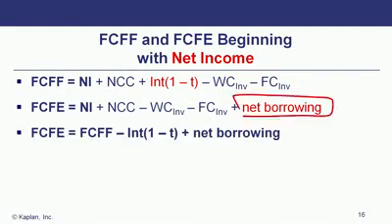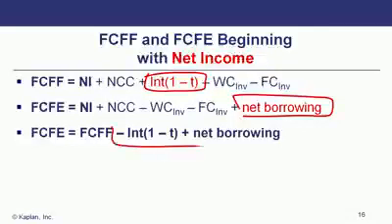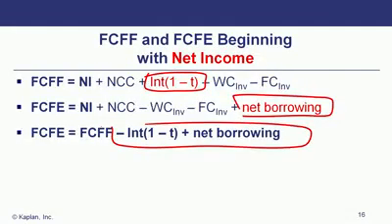Here are the two main differences between the two, if you notice. They essentially equal each other, except one adds back the interest, the other one adds back the net borrowing, or in this case, it would be very similar to principal, right? And free cash flow to equity actually equals free cash flow to the firm adjusting for those two items, meaning you would subtract out the interest and then add back the net borrowing.